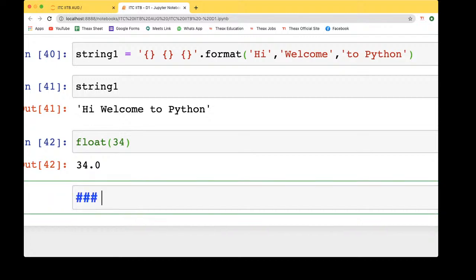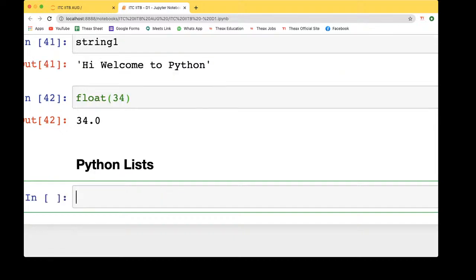So let's say it to be Python lists. A list can contain numbers as well as characters, words, anything. As I said, it's heterogeneous, so it can contain all those things, but that should be defined there. Okay? Cool.